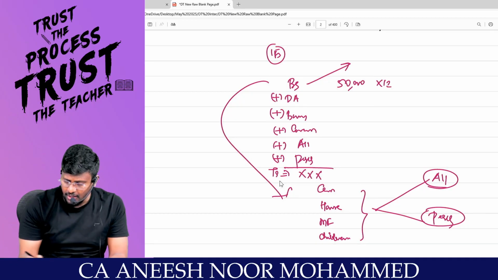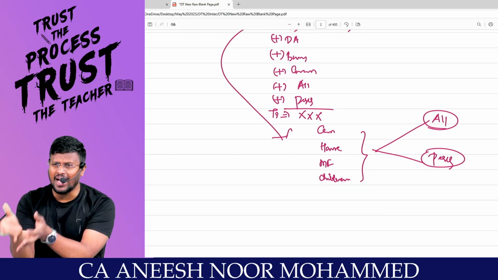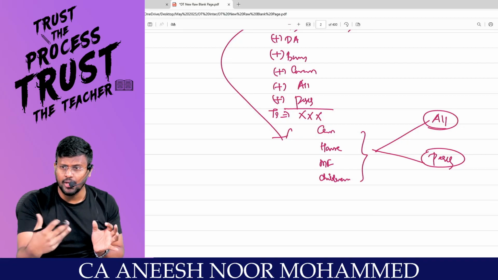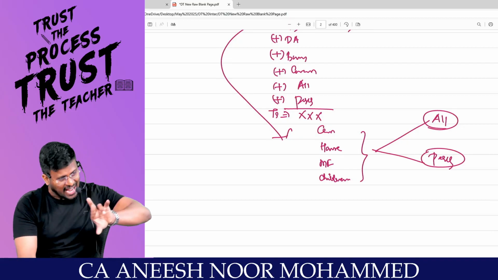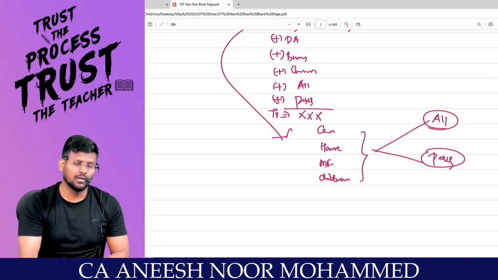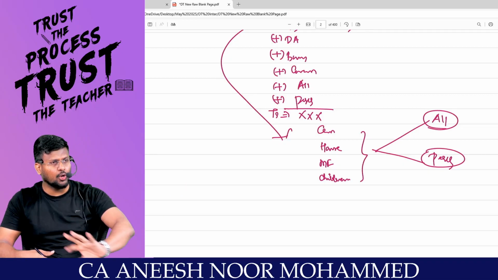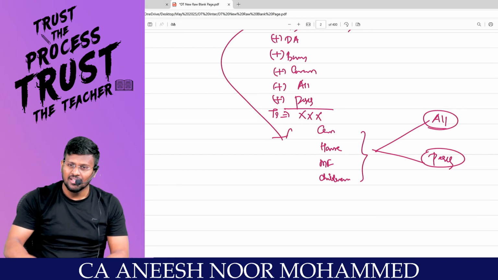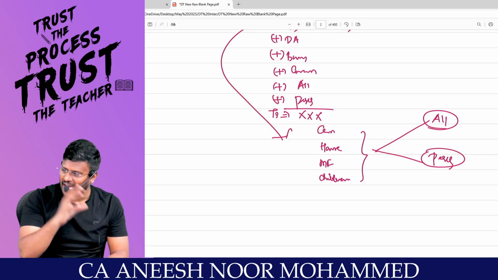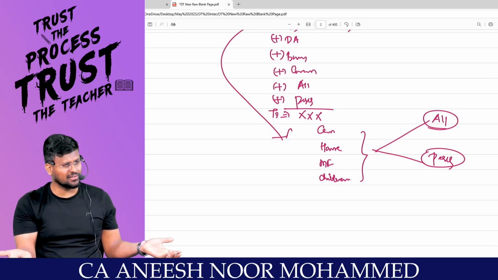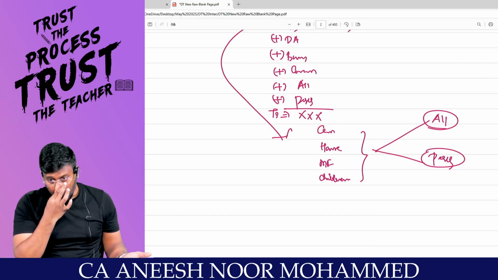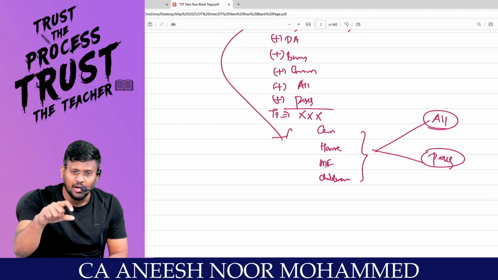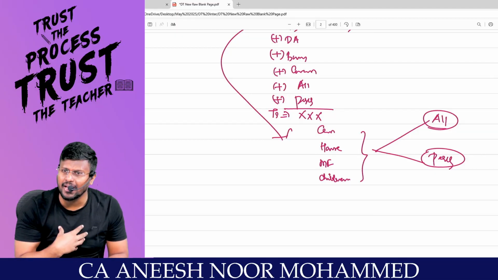So have you understood the difference between allowance and perquisite? Monetary consideration paid by the employer to the employee is called allowances. Other than monetary is called what? For example, I am the employer, you are my employee, I am giving you a car. Whatever car you like, BMW, Jaguar, I am giving you the car. Is it an allowance or a perquisite? Perquisite. If I give you a car, the value of that car will be treated as income in your hands. Am I right? Yes, sir.